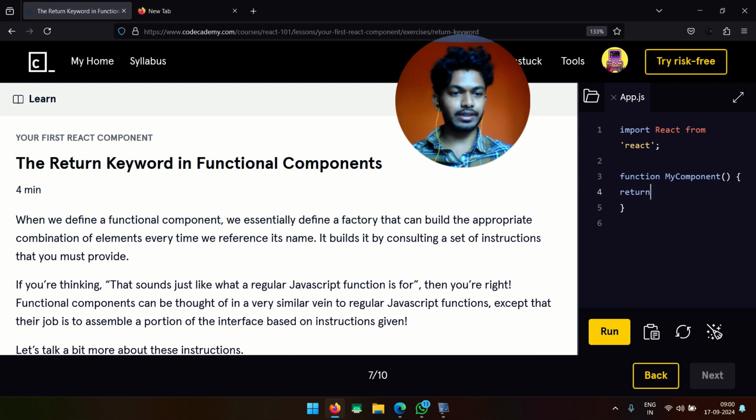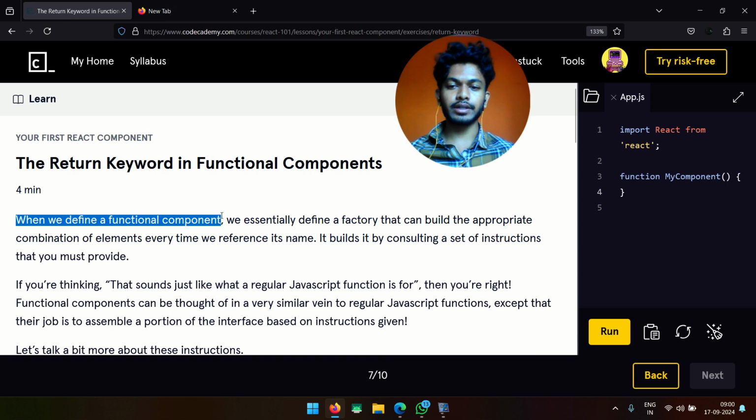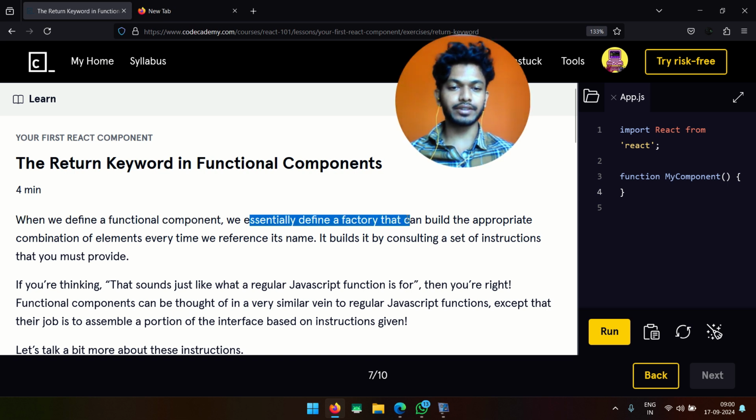If you write return X, but then write return Y straight after that, then this part will get ignored by the compiler. Anyway, when we define a functional component, we essentially define a factory that can build